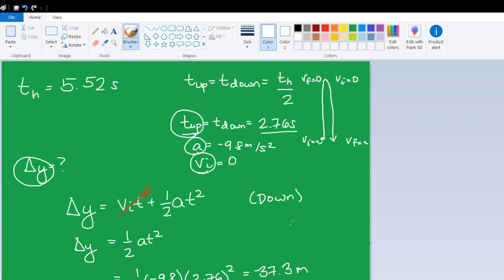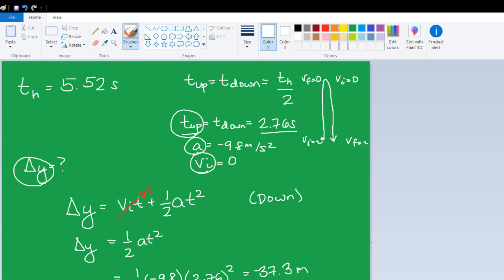meters in the negative. It's negative because we analyzed the going down portion. But if we were to then convert this, delta y, or the height of the flight of the arrow, is simply 37.3 meters. Okay, so that's how to compute for delta y using the hang time principle. In hang time, again, remember that going up is equal to going down, and therefore we can make these assumptions,